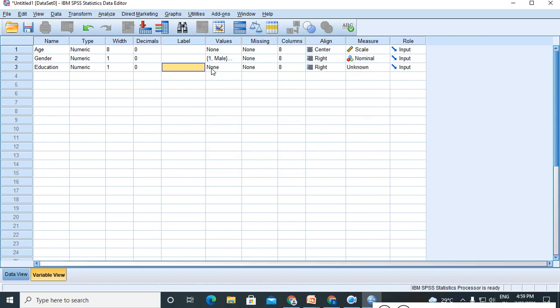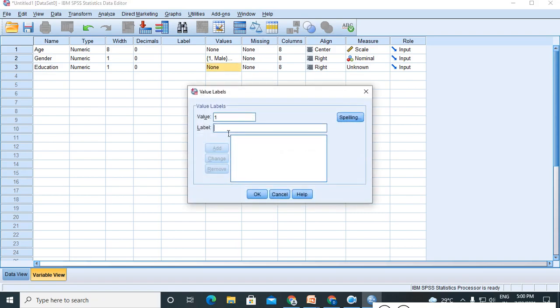For education, you can give as we have given now: 1 for school, 2 for diploma, 3 for graduate, 4 for postgraduate, I am giving PG here, and 5 for professional education.